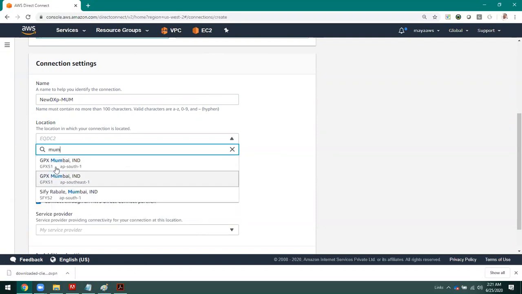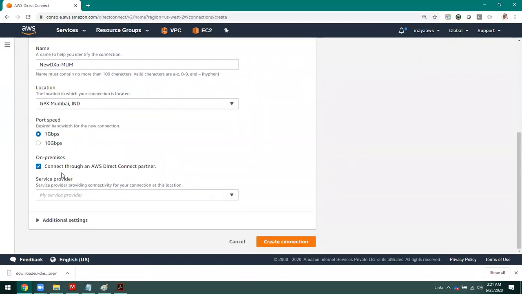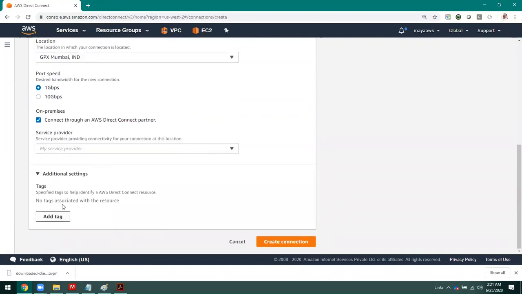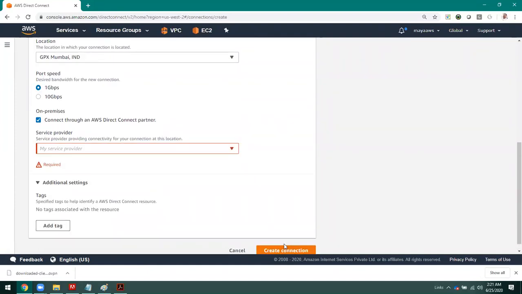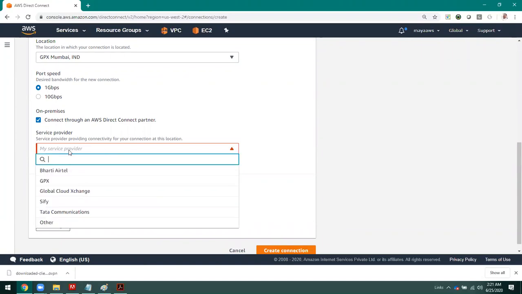Let us see the available services. Mumbai. Let me select this one and the speed that I need. Then the additional settings you can configure here. Just click on create connection. Additionally, you have to specify the provider as well.